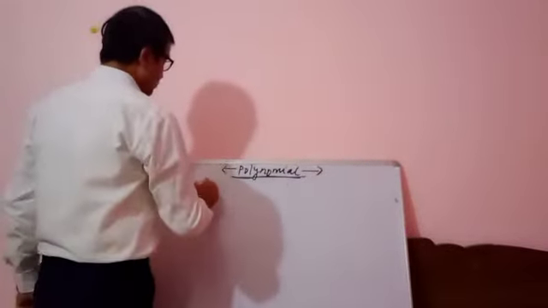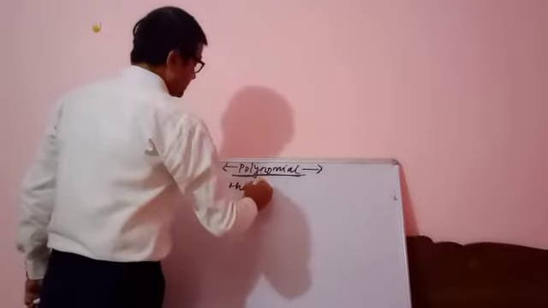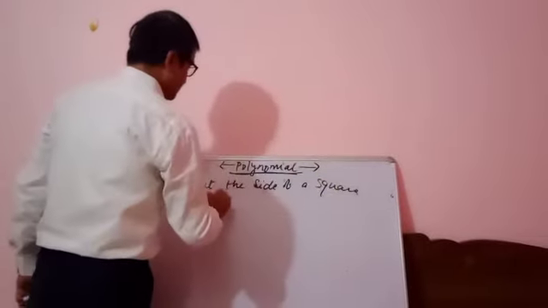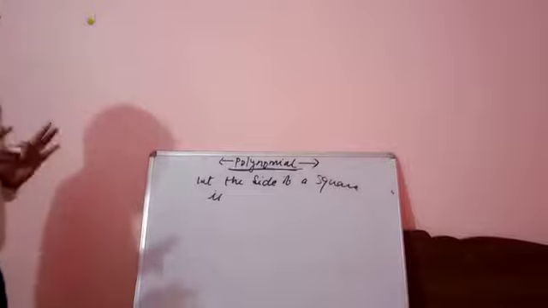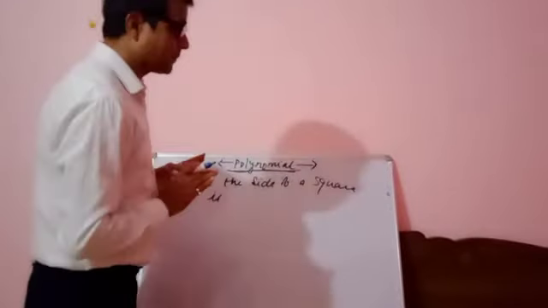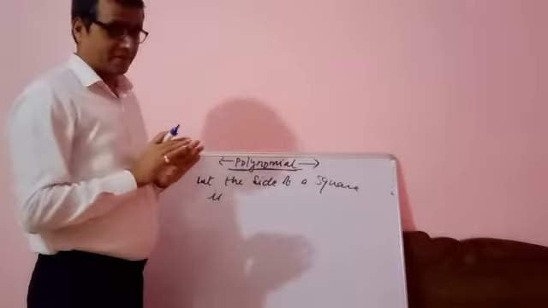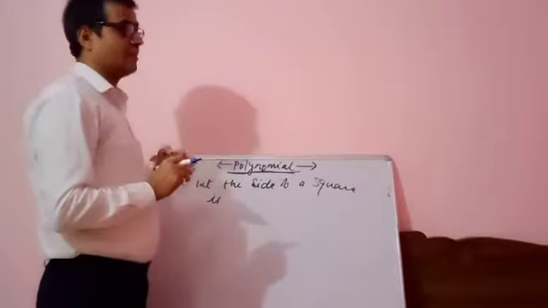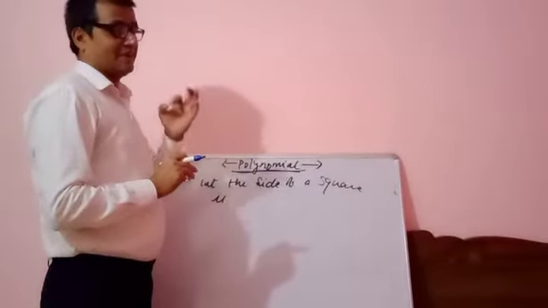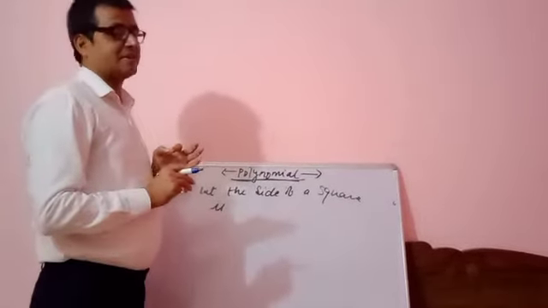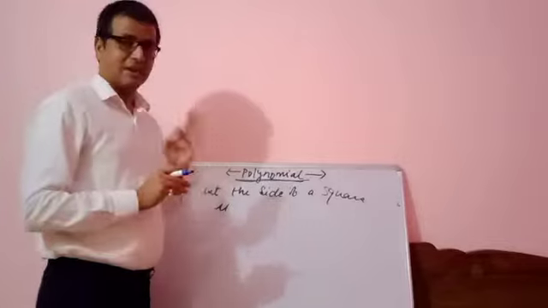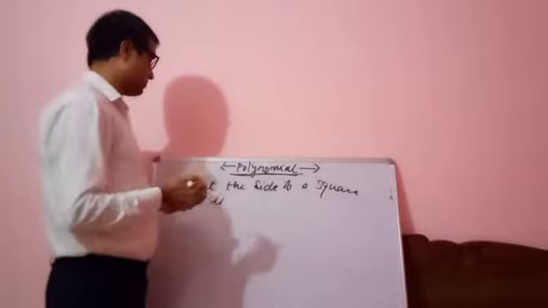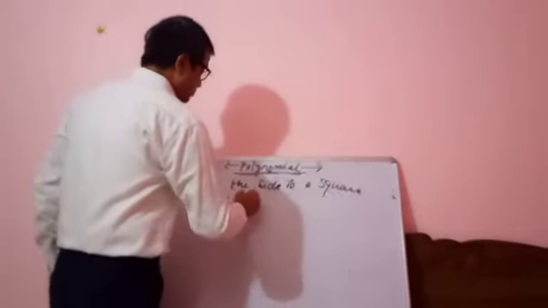In that case, what do we do? Let the side of a square be something. Now if we don't know something, we start assuming. In mathematics, this is a very important aspect, my dear children. I am telling you, please be familiar with each and every word. It will help you a lot. It will create curiosity in you related to maths. Let the side of the square be P.